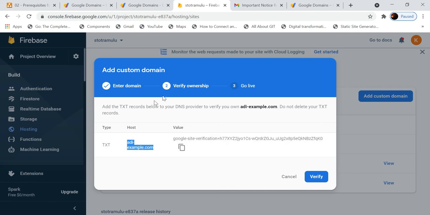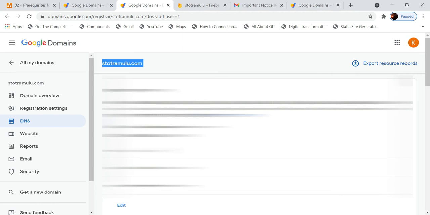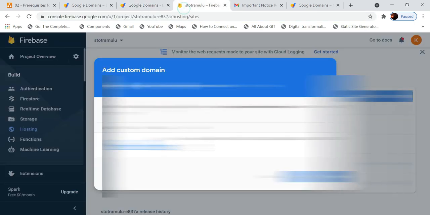So then your domain name is verified. You will just click on verify. Once you click on verify, all these checks will happen. It will search for this value, and it will search for this domain name, and it will match if this domain name is the same as this one.